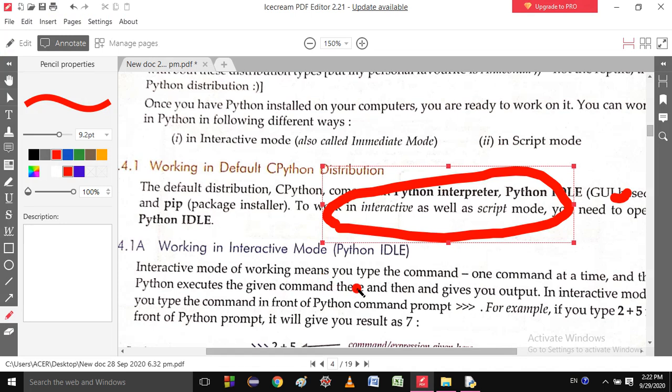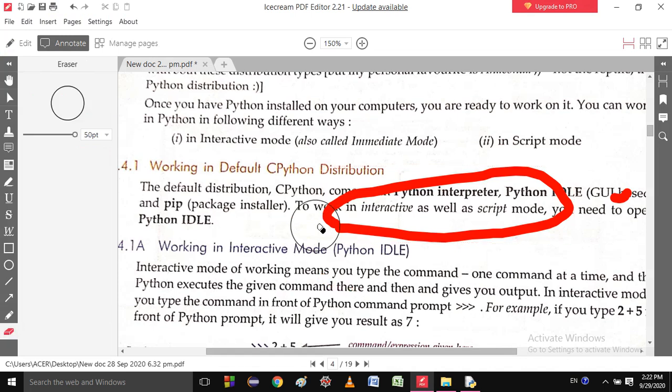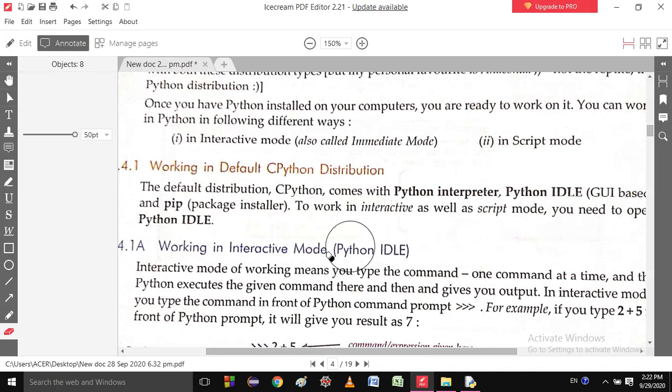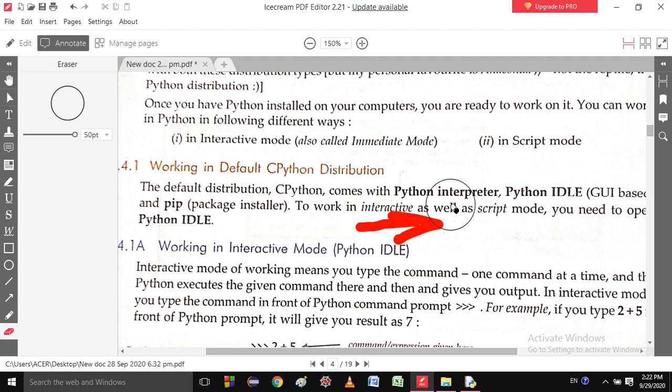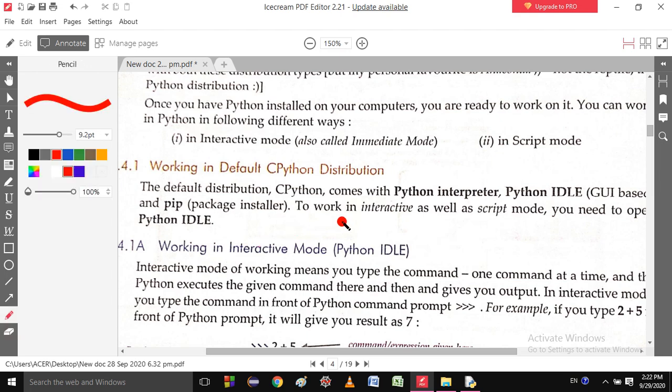Let me discuss the first one, interactive mode. If you write the code directly on the Python shell, and it is executed line by line, then it is called interactive mode. Listen once again: if you write the code on the Python shell directly, and the code is executed line by line, then it is called interactive mode. Okay, let me show you.